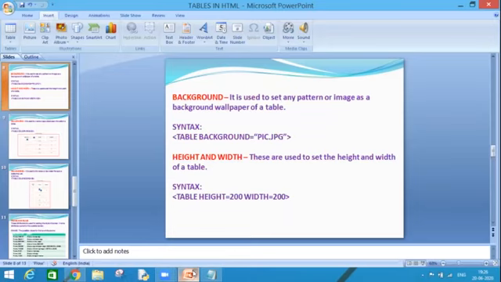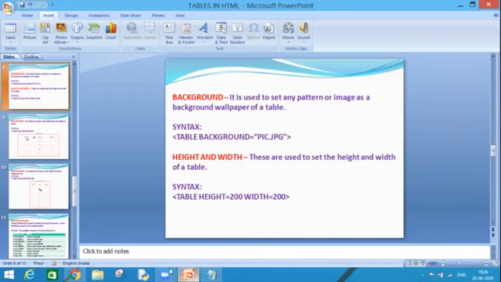Whichever pattern or image you want to set as the background of your web page, you may use this background attribute inside your body tag. And similarly, if you use this background attribute inside your table tag, then the background image will be restricted to that particular area only.